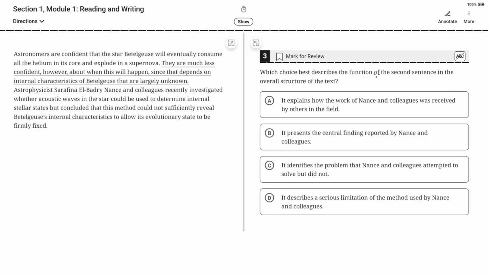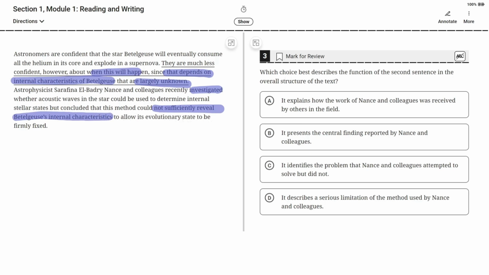Which choice best describes the function of the second sentence and the overall structure of the text? Astronomers are confident that the star Betelgeuse will eventually consume all the helium in its core and explode in a supernova. They are much less confident, however, about when this will happen, since that depends on internal characteristics of Betelgeuse that are largely unknown. Astrophysicist Serafina El-Badri Nance and colleagues recently investigated whether acoustic waves in the star could be used to determine internal stellar states, but concluded that this method could not sufficiently reveal Betelgeuse's internal characteristics to allow its evolutionary state to